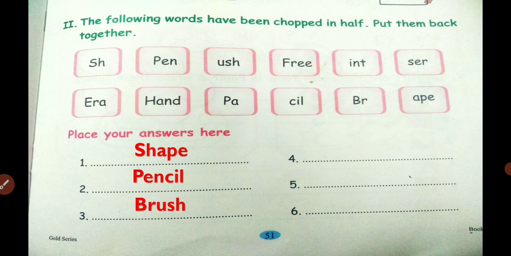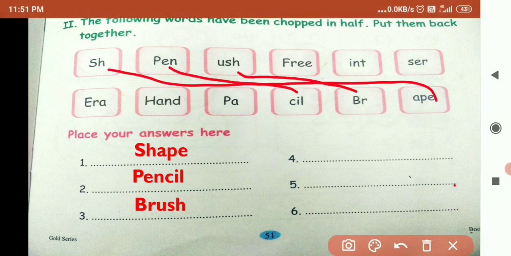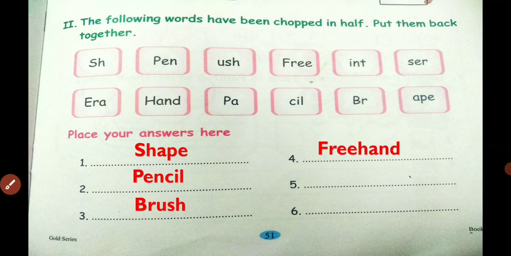Then the fourth one. FREE, free. Free hand. So the answer is free hand.